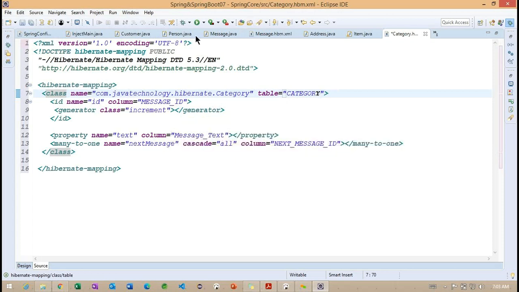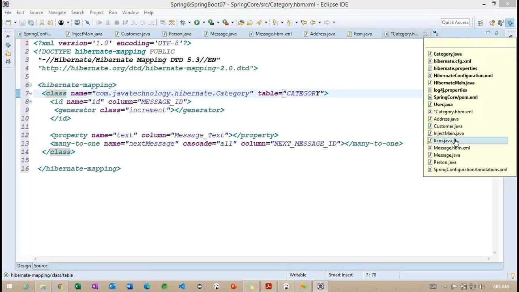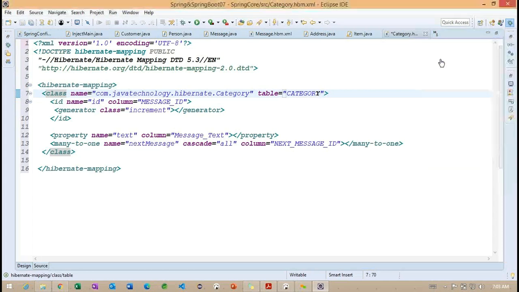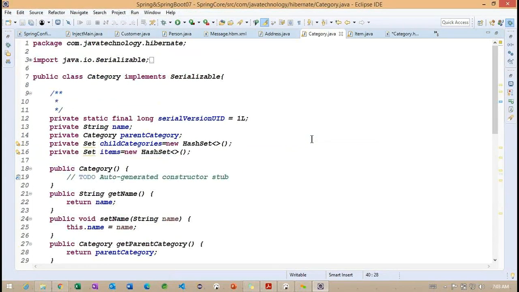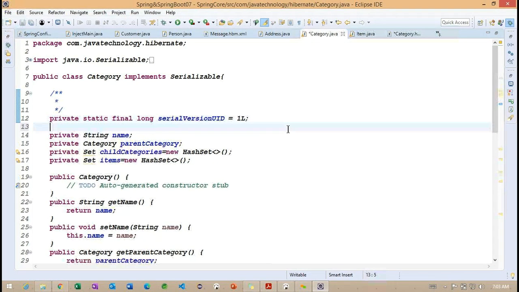And we need to identify what we have inside this category. We don't have an ID, so we need to specify the ID property here.